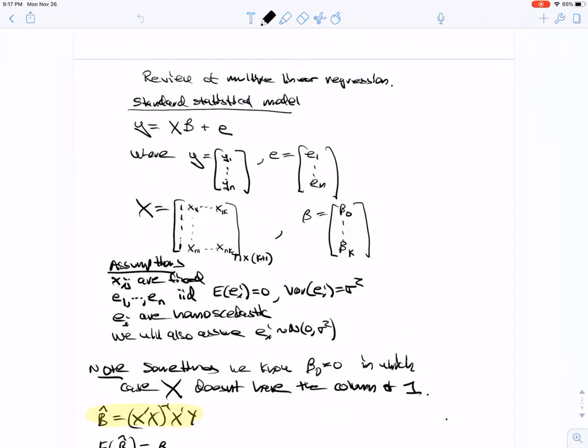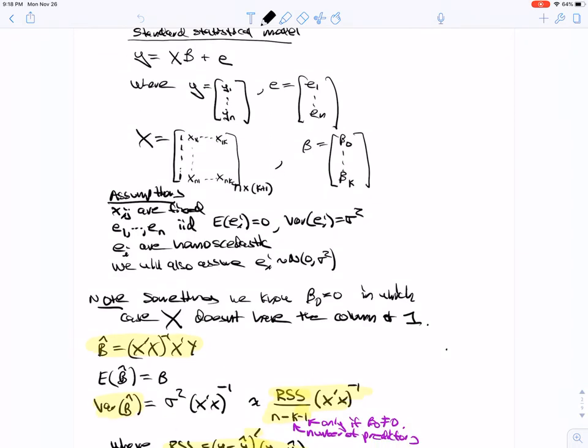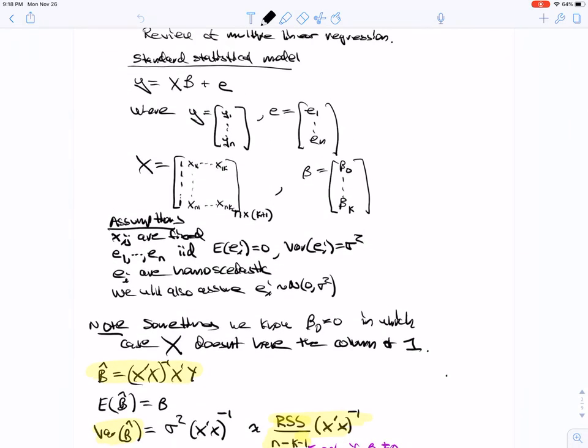So let's take a look at an overview of multiple linear regression. We have the standard statistical model: Y is X beta plus e, and so this is a linear model. And we'll do today an application of a way that this could arise in a real-world problem. So we have y, a vector of our response variable. e is our error terms. X is a design matrix. And beta is our